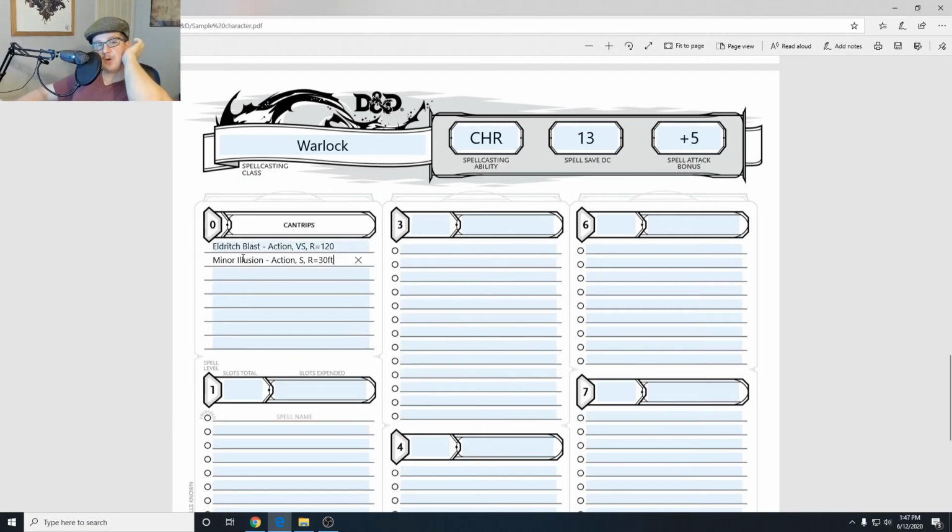Alright, so we inputted our spells, we have Eldritch Blast, and I always write down what it uses, whether it's an action, bonus action, reaction, whatever it is, I write it down, and then I write down what components of spellcasting it requires. So for Eldritch Blast, it requires V for vocal, and then S for somatic, like waving your hands, and then I always write in the range, so R equals 120 feet,